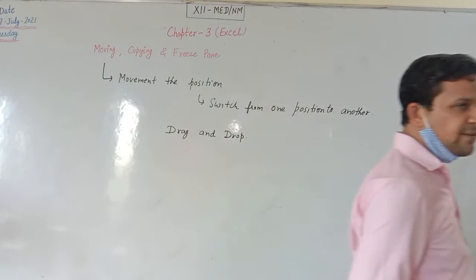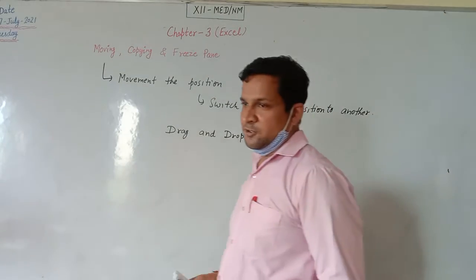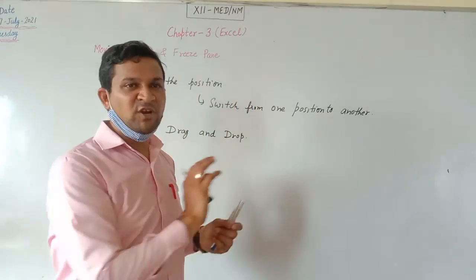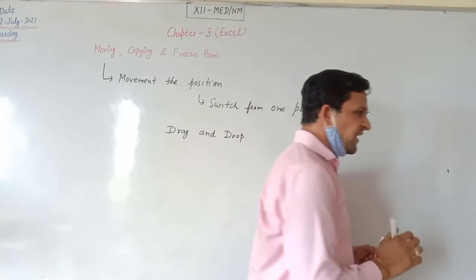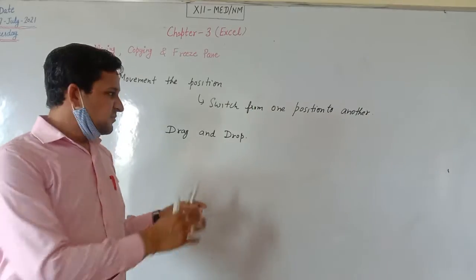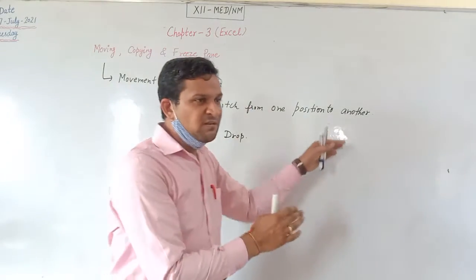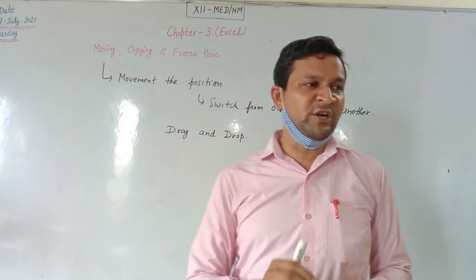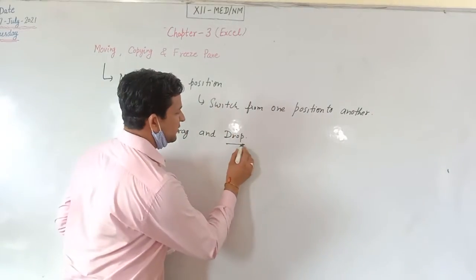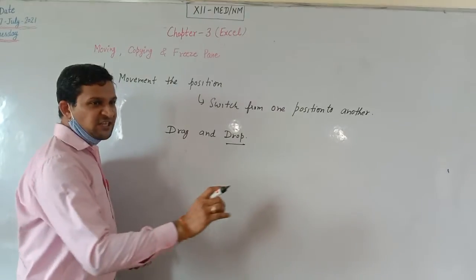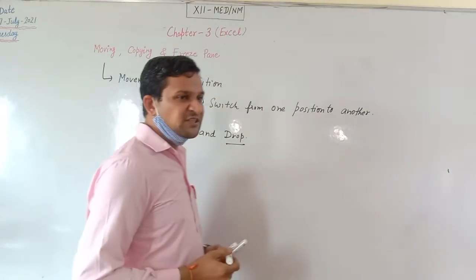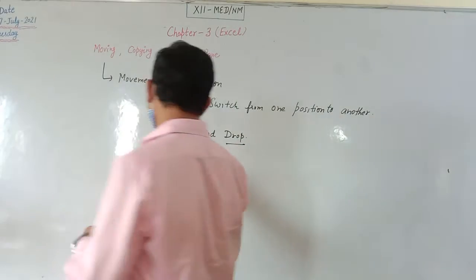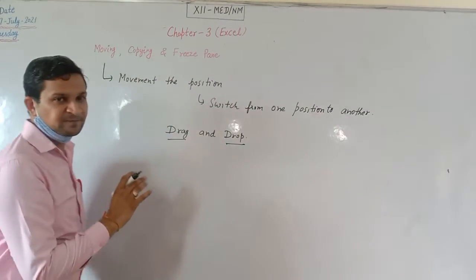What do you mean by drag? To drag a specific column from one position to another position and drop on a particular position. You will start dragging, it means you will start taking the position from one to another by dragging it with the help of the mouse and keeping it on the position where you want to change, and that is known as drop. Drop means where you want to tap, that is the drop position. Drag is from where you will start changing the position. That is the first concept, dragging the particular cell, the concept of moving the cell.